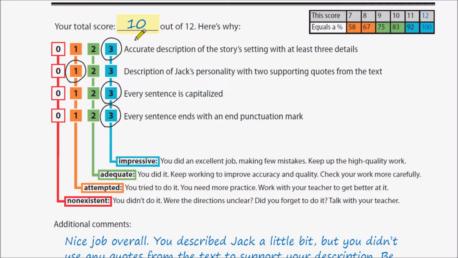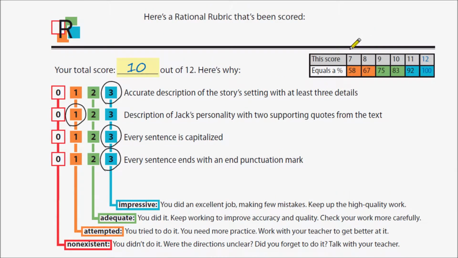There could be 1 criteria, there could be 5, 6 criteria, depending on the assignment. And then all you have to do as the teacher is just add this up: 3, 6, 9, 10, and you write 10. And then included is a sort of conversion chart to show, for each one of the raw scores, like a 10 equates to 83%. And then these colors here sort of equate to the impressive, adequate, and attempted